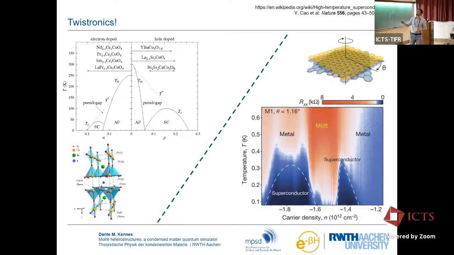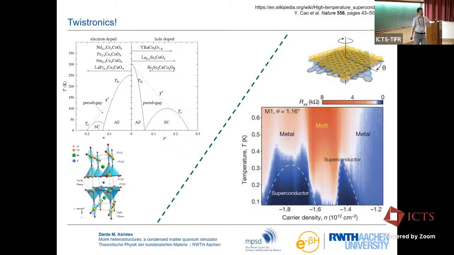So that got people really, really excited because this phase diagram has an apparent similarity to this phase diagram up here of the cuprates, which of course has been bothering physicists for a long, long time. So you see, we have temperature again on this axis, and we have filling on this axis, controlled maybe by putting dopants in. And in the middle here you have an antiferromagnetic state, which is more resistive, flanked by these superconducting domes. I think it's fair to say, and we had this conclusion earlier, that there seems to be an apparent similarity, but how far this analogy will actually reach in the end is, I think, at this stage completely unclear.